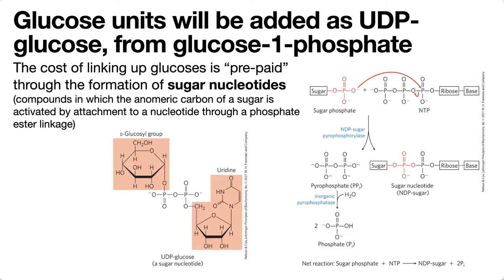We already saw some sugar nucleotides, like our GDP mannose and stuff like that. Those are sugar nucleotides. Basically, you have a sugar attached to a nucleotide. It's kind of like prepaying the cost for linking them together. Basically, we're going to link together these UDP glucoses, and we're going to make those UDP glucoses from a glucose